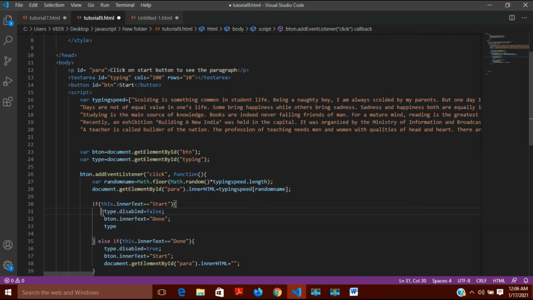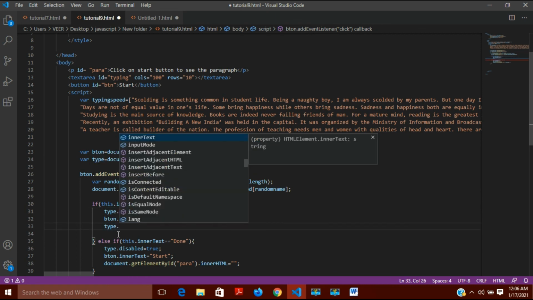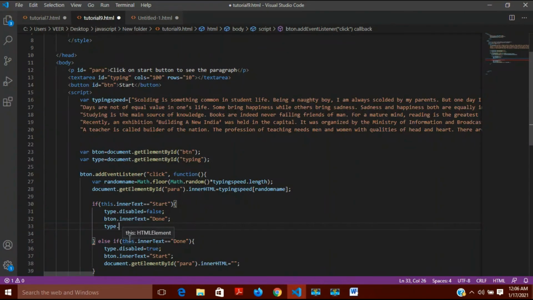As you can see here, this type dot disabled was there. So here I will write type dot value is equal to, and I'll just write the quotes, nothing inside it, means the type dot value should be nothing here. So this I will write, and now I will save it.